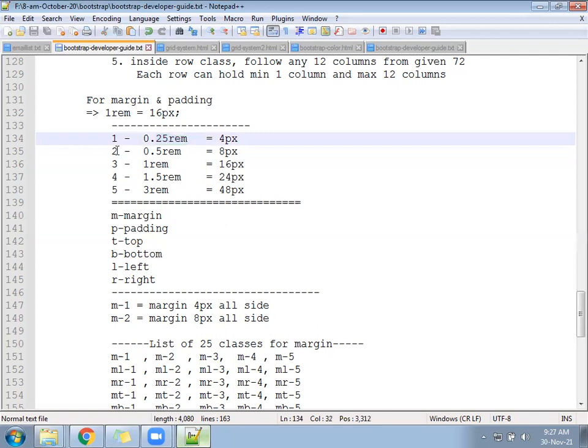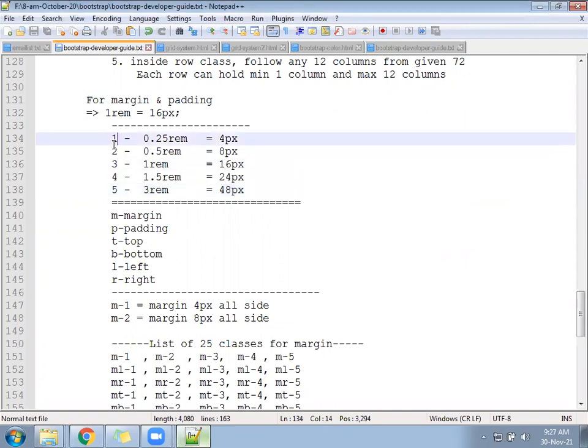When we write 2, it represents 8 pixels. 3, 16 pixels. 4, 24 pixels. 5, 48 pixels. REM, you can search the full form on the internet. I don't remember the full form of everything.